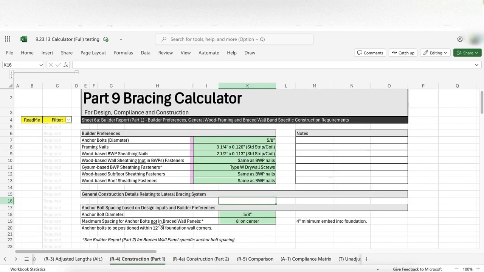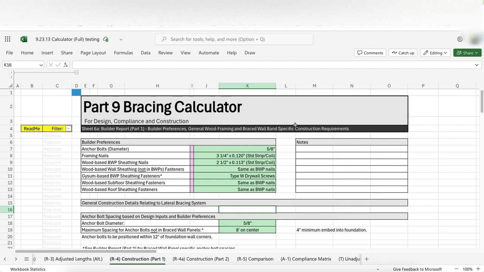I'm going to jump into these construction reports, or what I'm calling the construction reports. I go over these in a fair bit of detail in the other demo video. I have certainly some questions about this and whether the things that I'm doing are appropriate for the building code. A lot of this information on these reports relates to the types of fasteners that are used, and specifically the nails that are used. When you're looking at part 9,